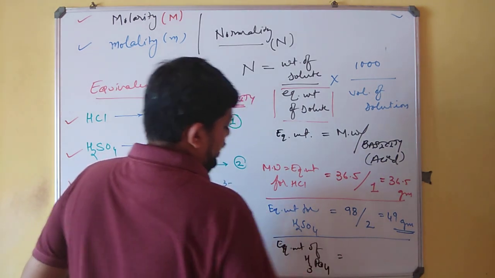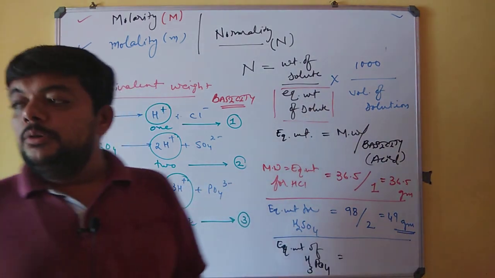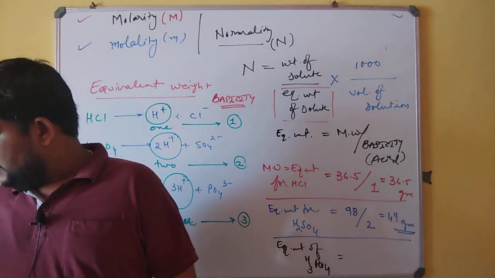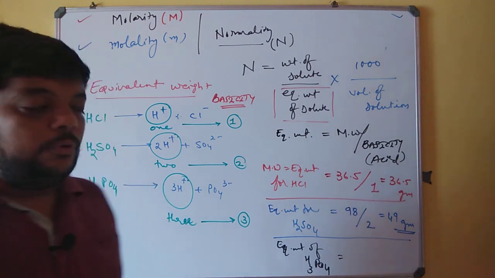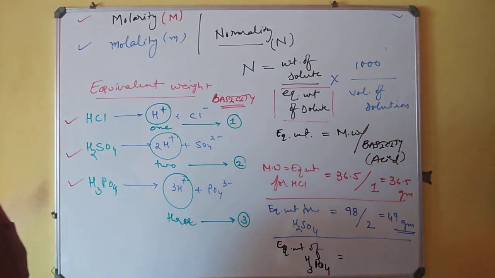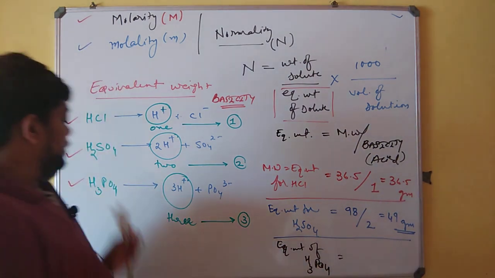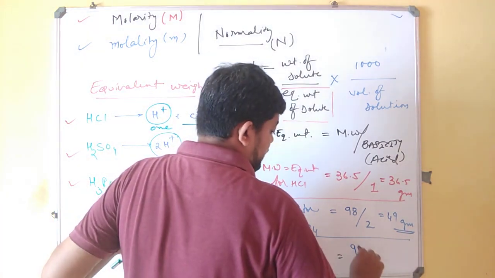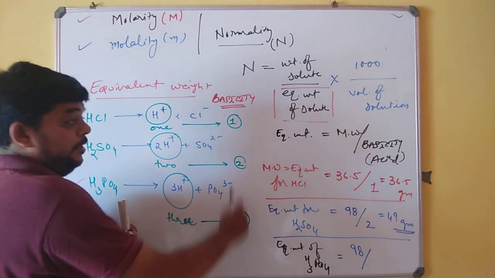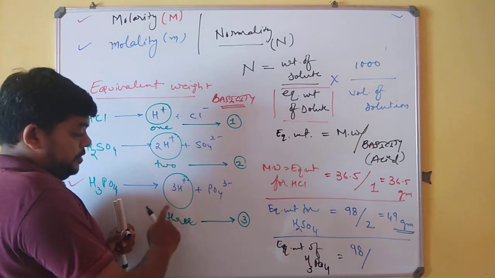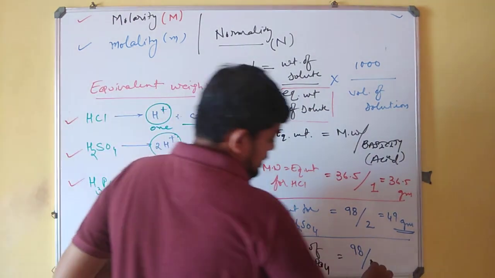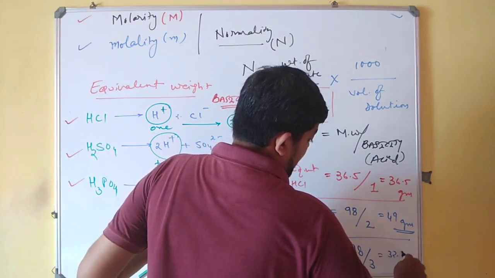H3PO4. So let us first calculate the molecular weight of H3PO4, and once we are done with the molecular weight of H3PO4, then and only then can we move to the equivalent weight of H3PO4. So over here the molecular weight of H3PO4 is 98. I will divide it by 3 because its basicity is 3 based on the liberation of 3 H ions, and therefore I will end up with